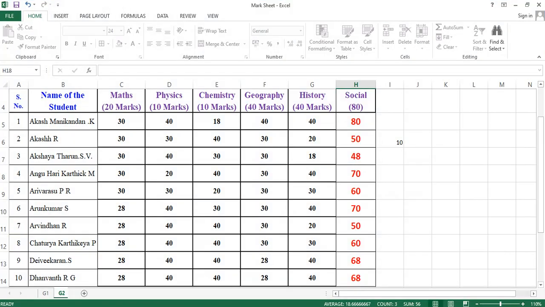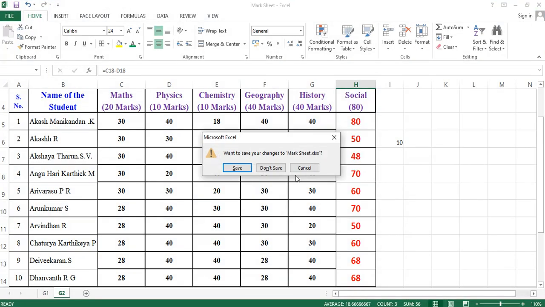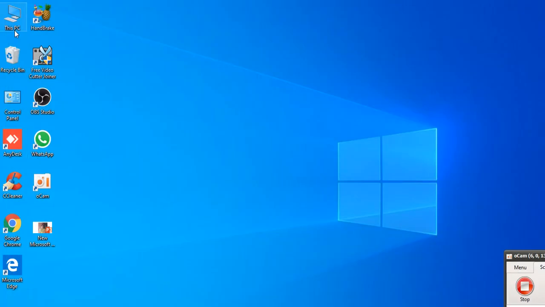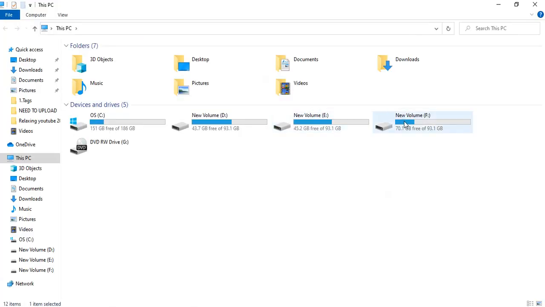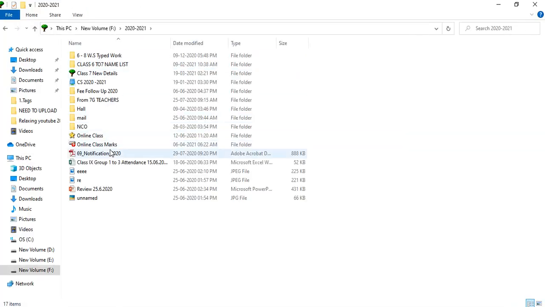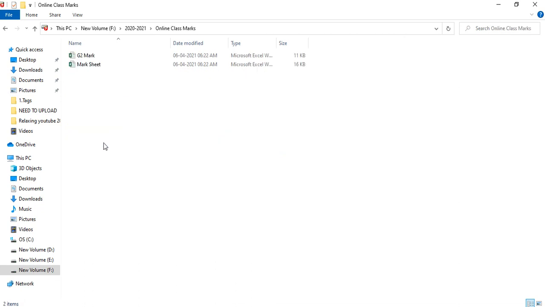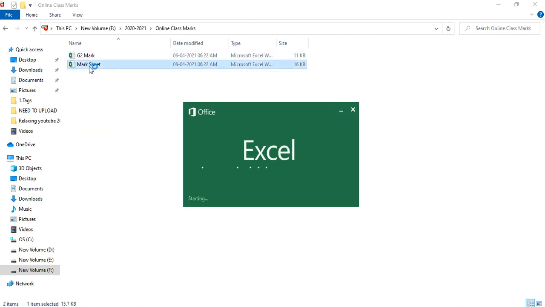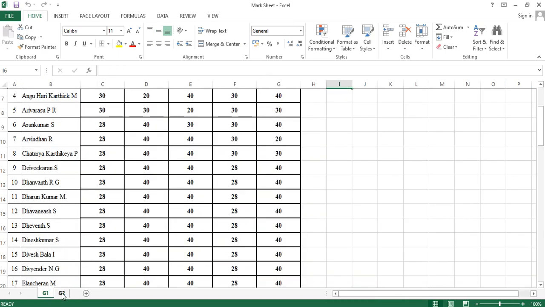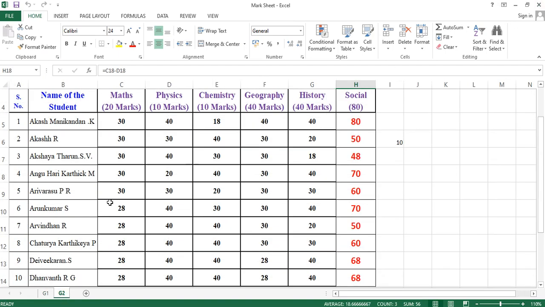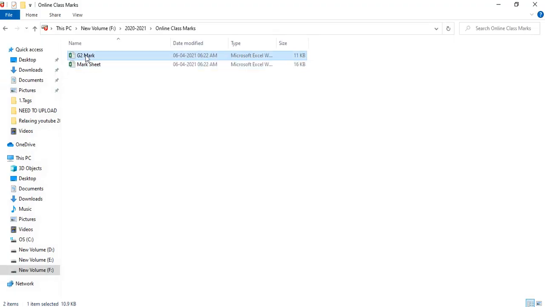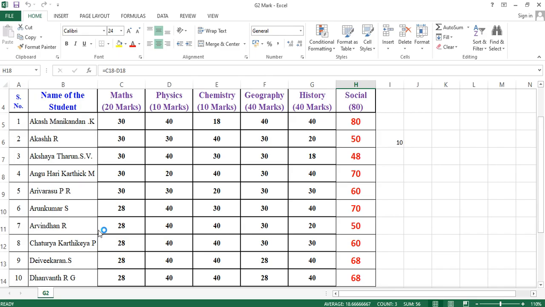Further, if you want to open, go to the drive, F drive, 2021 online class marks. See here, G2. In the mark sheet we have two sheets, that is G1 and G2. Now I created only the G2 file, so I close it. See here, G2, only that value will be there.